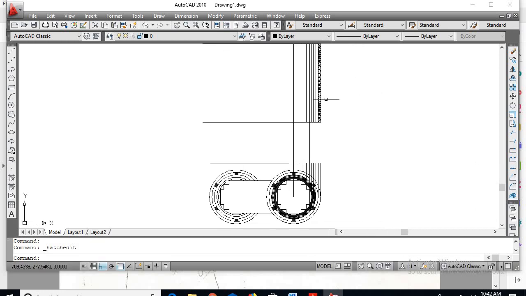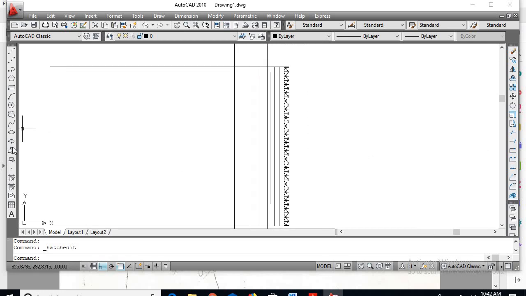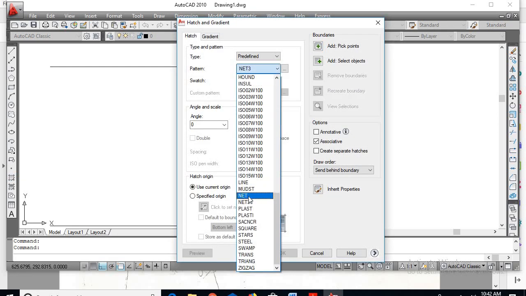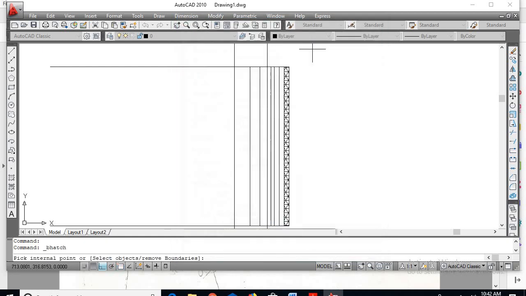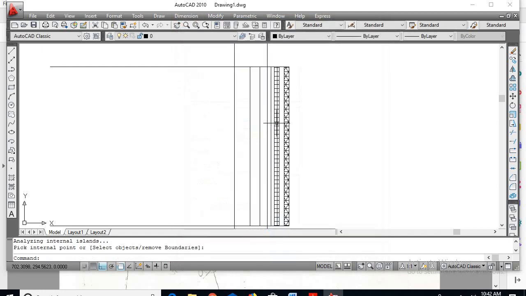Okay. So next comes the duct space. Next go for hatch command. Go for net. So add pick point. So this is your duct, this is your LV winding. Select this, enter. Here go for scale as 10. Say OK.